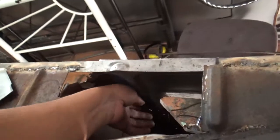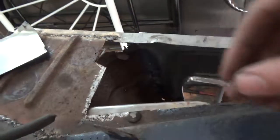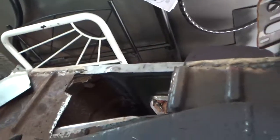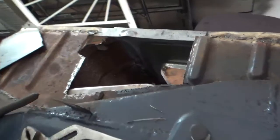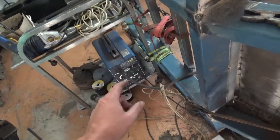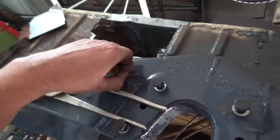I'll probably tackle, you can see in under there too. There's a lot of rust in there. There's some welding wire too. My MIG welder's having a rough time using 0.9mm MIG welding wire. It's not designed for that, it's only designed for 0.8mm. So I think it's just having a difficult time reading what's happening with the resistance. And when I go to use the minimum setting, and I normally turn the wire speed right up when I'm hitting sheet metal, rusty sheet metal, and I use like I think it's 0.7 or